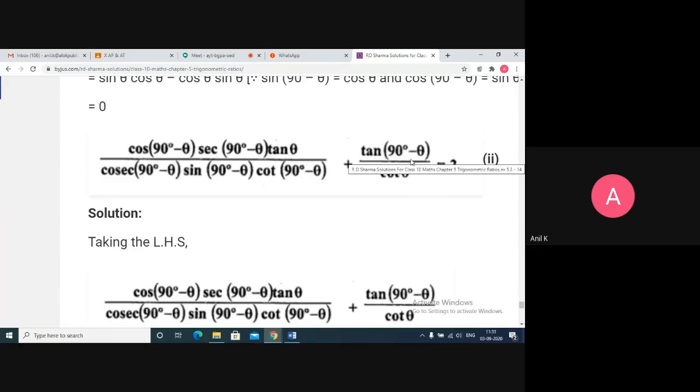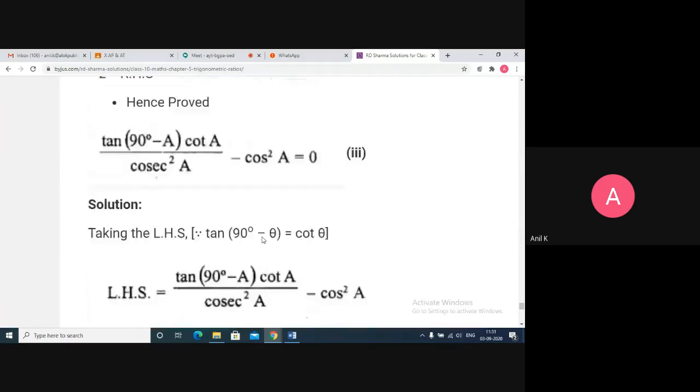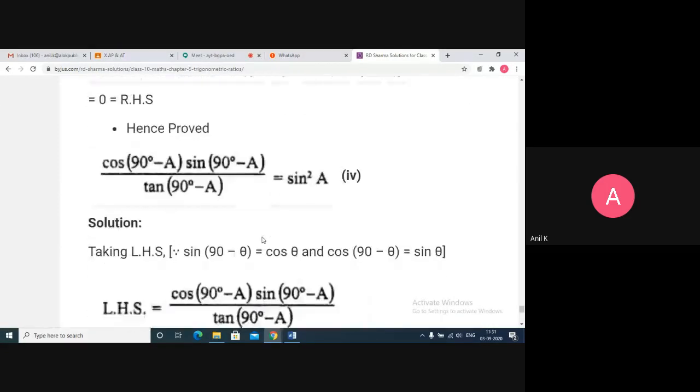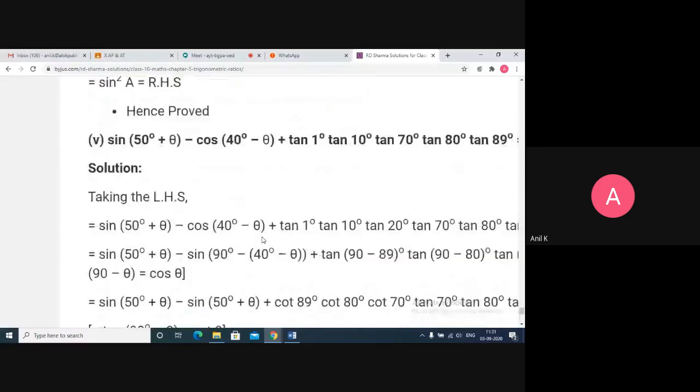Similarly, the second fraction also you can do. Tan 90 minus theta is cot theta. Cot upon cot will get cancelled, 1. So 1 plus 1 is 2. So this is what I am saying. The questions can be like this: first fraction plus second fraction. This type of question also they can put. The process remains same, but only thing is the time lag will increase.